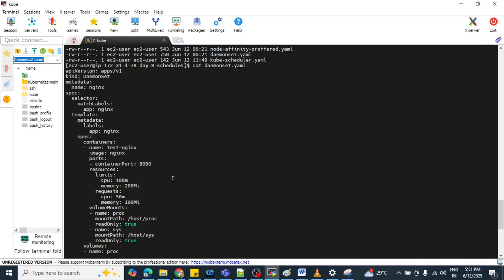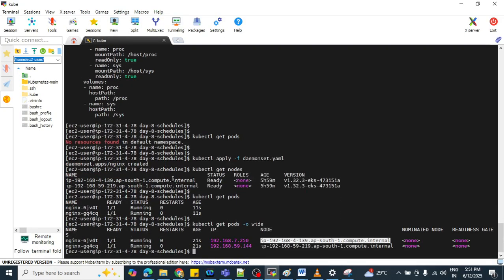Next question. After creating our daemon set, suppose I increase the node count. Will the number of pods created remain the same, or will it increase automatically along with the nodes? You are getting my question. Suppose two nodes are running here and I have created one more node.